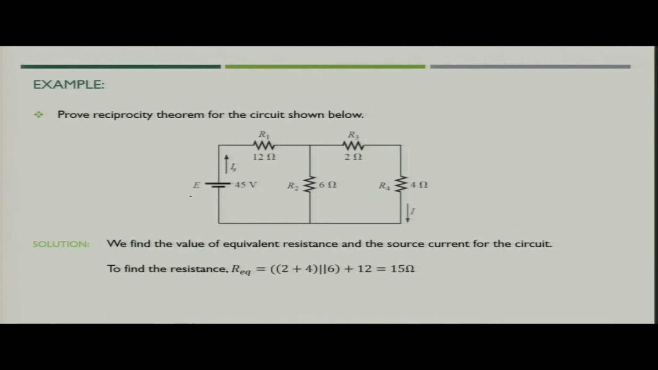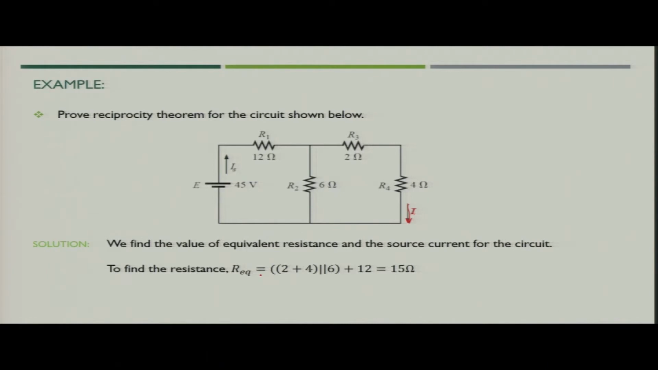We have a voltage source E, that is 45 volt, giving current Is to the circuit, and the 4 resistances you will see in the circuit are shown. Now, we have to prove that if you exchange the locations of I and E, the value of current I is not going to change. So, we will first find out what would be the value of I in this particular